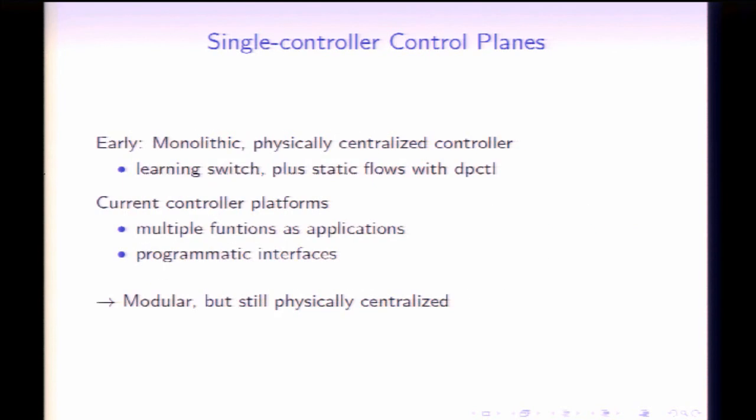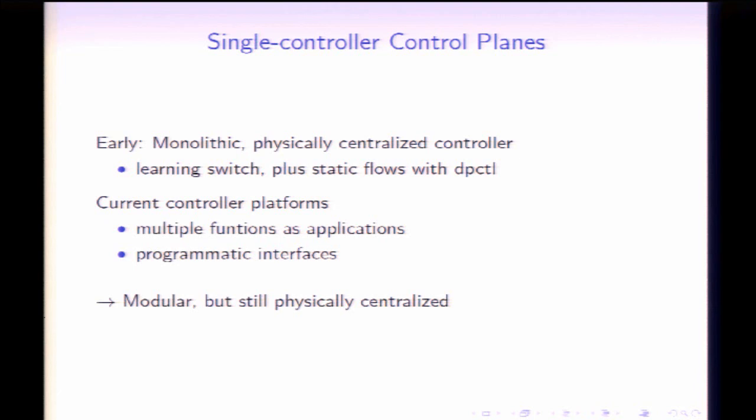Traditionally, in terms of OpenSDN, the model has been a single physical controller, like a single server, managing a whole data plane with multiple switches. In early cases, the controller was monolithic and basically hard-coded all the behaviors of what a network can do. The initial reference controller implementation by Stanford did only one thing, which was to make the data plane act as a series of learning switches. And maybe you also have a tool like DPCTL that lets you use OpenFlow manually to push entries